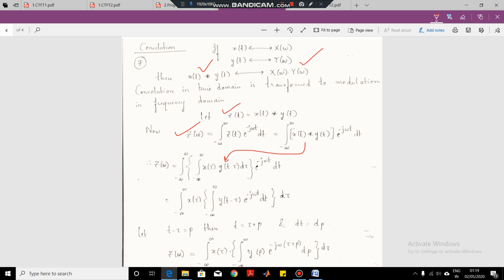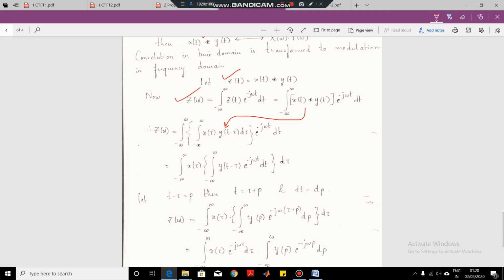So see, the names of variables can be different. You have to remember the crux of that equation. Variable names may change, but you should know what you are convolving. Here you are convolving x of t with y of t. There you were convolving x of t with h of t. There we were calling the output y of t, but here we are calling the output z of t. So you can use any names for the variables, that does not matter. You should know how the equations are written for different variables.